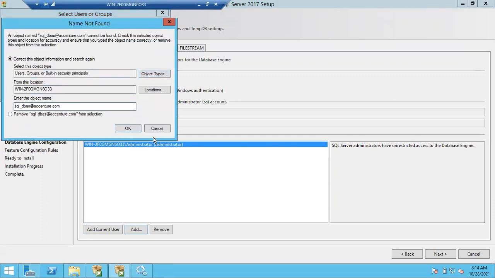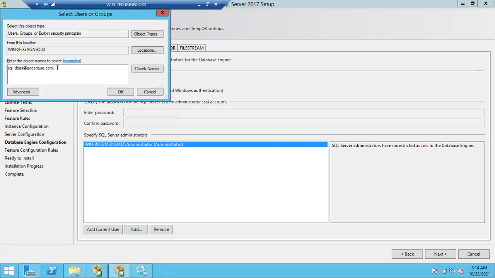Because there is no Accenture domain and all, simply I'm giving an example. During installation, you have to add your team also in the organization. Now you can simply add just the current user. No team is there, right? Later I'll show you how to create a team ID and all, like individual login and group login. I'll show you later. This is how we'll do it. You have to add yourself, or else simply you can add the whole team directly. As you are a member of that particular team, you can also access the SQL server.